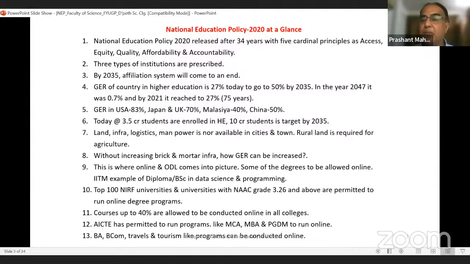Like this, it will be a big university, maybe in a building, which will be imparting certificate, diploma, graduation, post-graduation in selected programs through the online mode, or in some cases, hybrid mode, a combination of online and